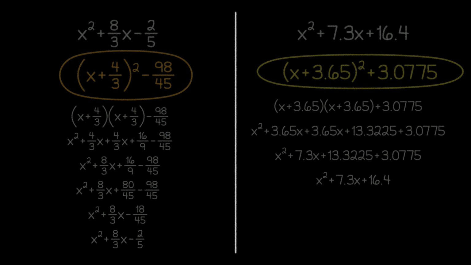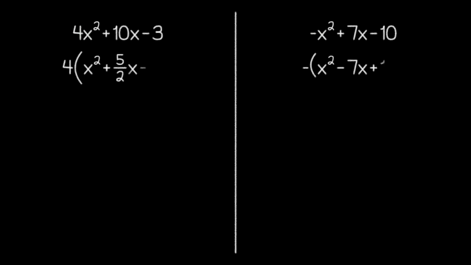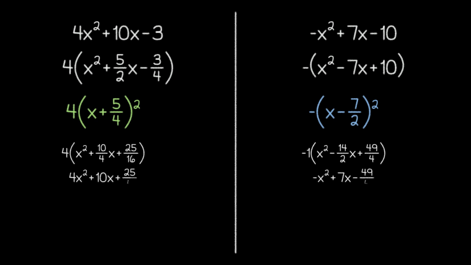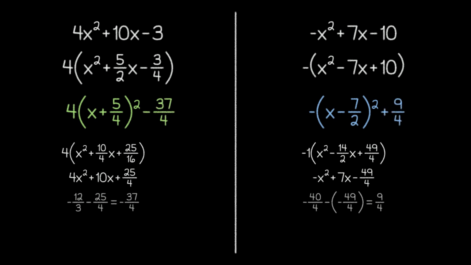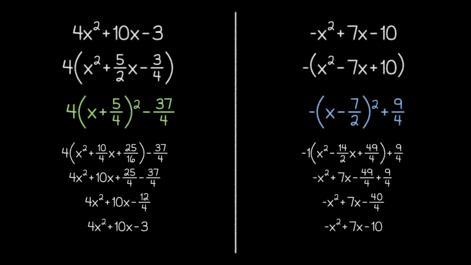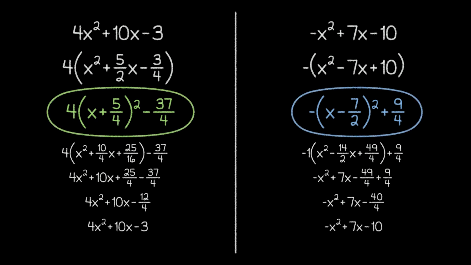At this point, it's time for us to look at some more problems with leading coefficients other than 1. And while these examples might seem much more complicated than what we've done previously, the principles are all the same. We're still factoring out the leading coefficient, identifying the proper perfect square, and calculating the constant, even when those steps involve more detailed calculations with fractions.